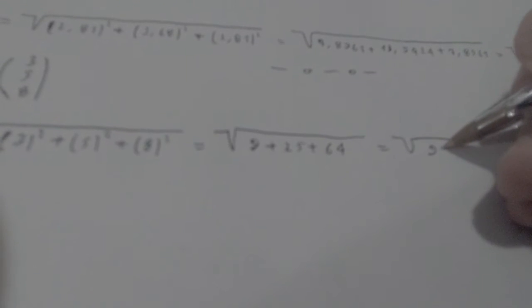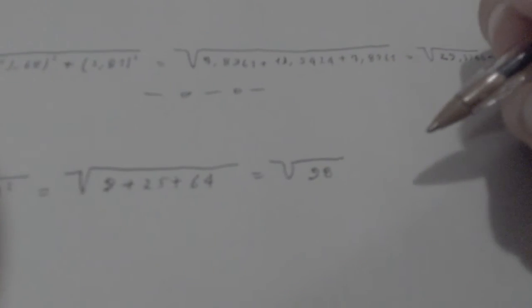So 3 raised to the power of 2 plus 5 raised to the power of 2 plus 8 raised to the power of 2. This is going to be the square root of 9 plus 25 plus 64, which is 98, and the square root of 98 is